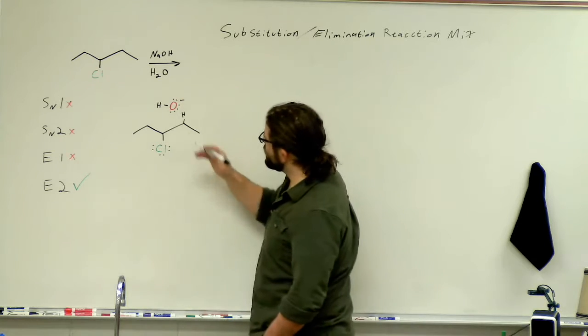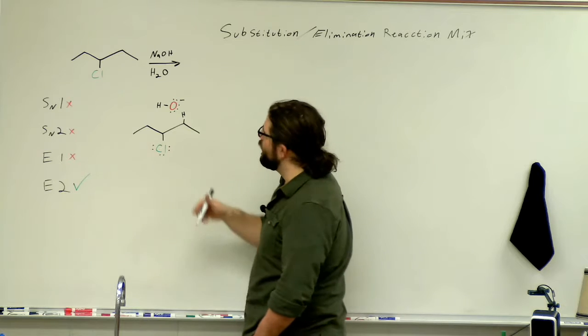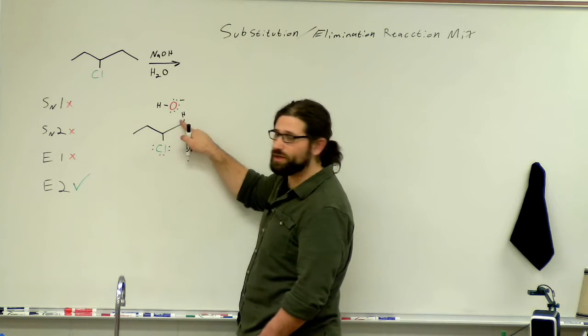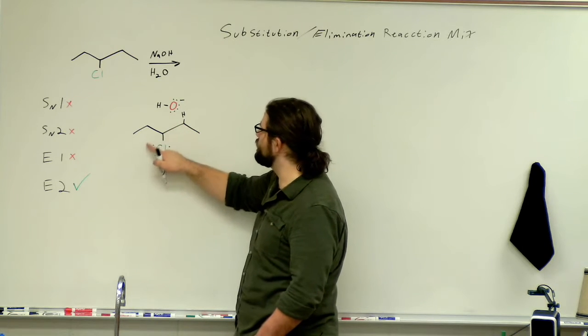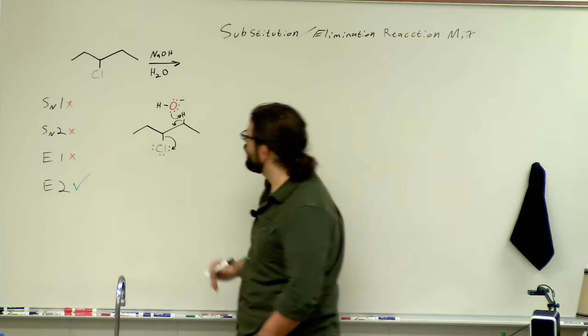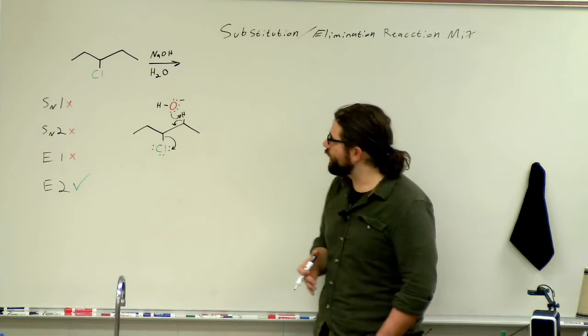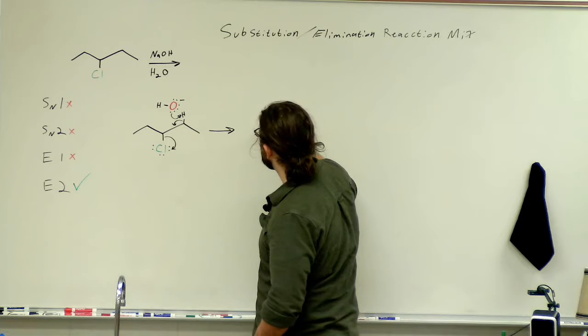So my first step here is this whole thing is going to happen in one step. My hydroxide is going to attack the hydrogen. The bond of the hydrogen is going to go towards these 2 carbons, and this bond is going to be given to this chlorine. So we get 3 arrows, each showing the movement of our electrons. And then that all occurs in one step, and we get